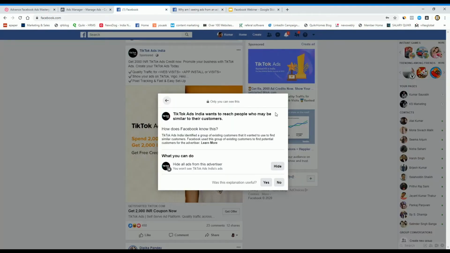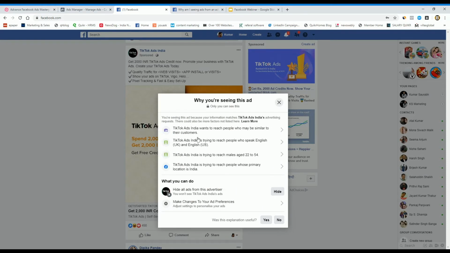So just go back and check a few more. So they're trying to reach people who speak English, UK, US, age group is 22 to 54, and TikTok Ads India is trying to reach people whose primary location is India.